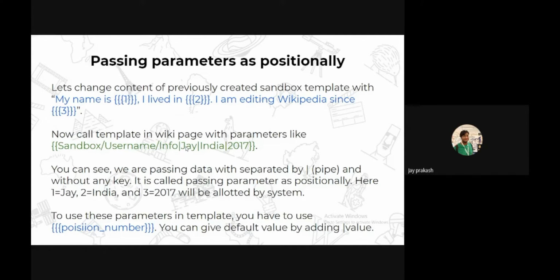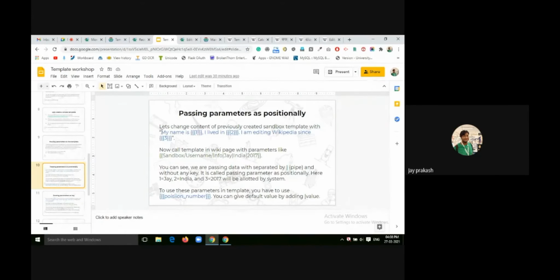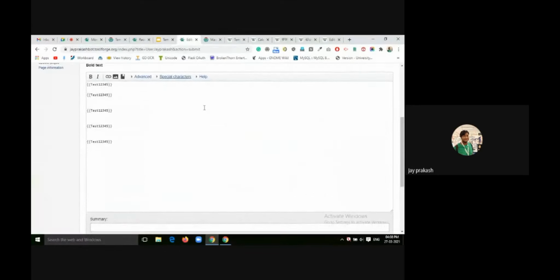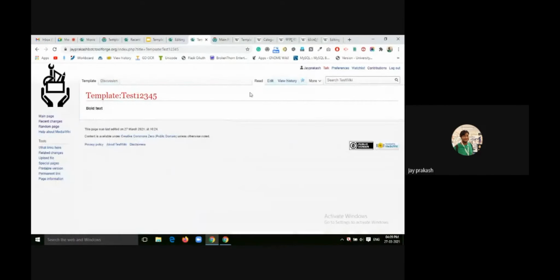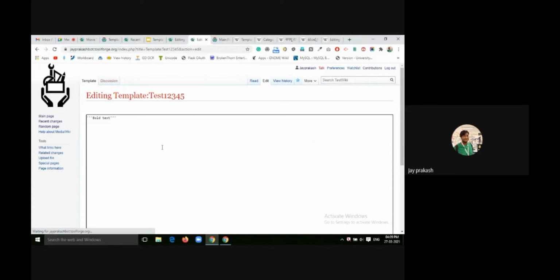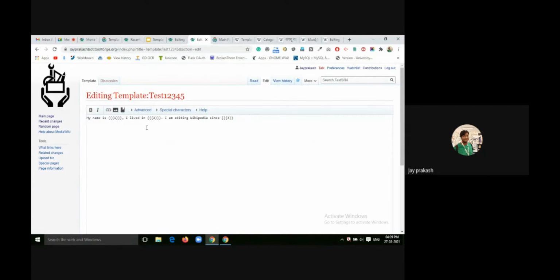I can show. So I had created this template. What I will do here is replace this tag with this content. So: my name is 1 and I live in 2. I am editing Wikipedia since 3.